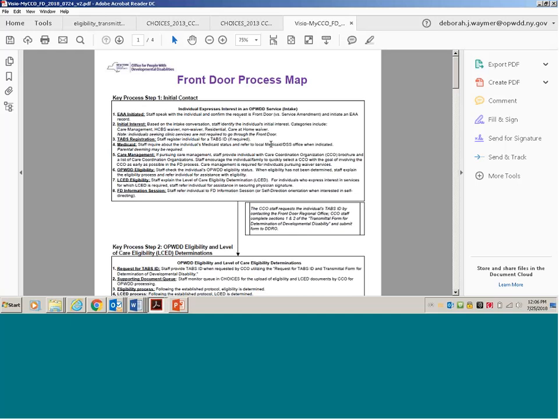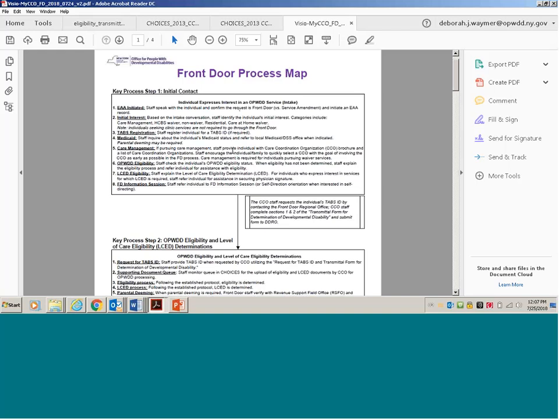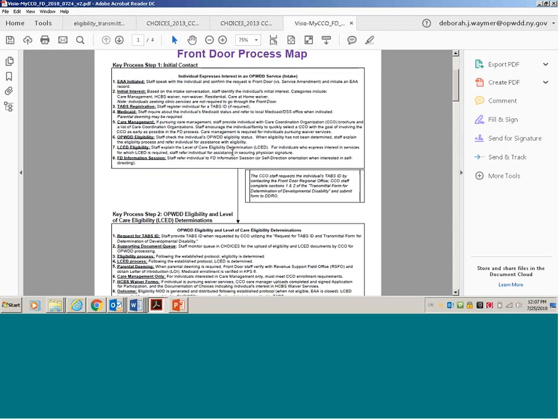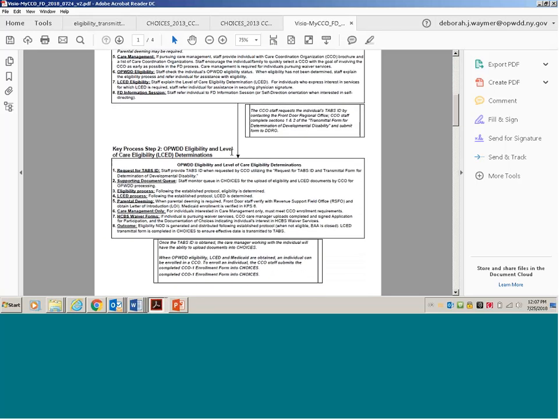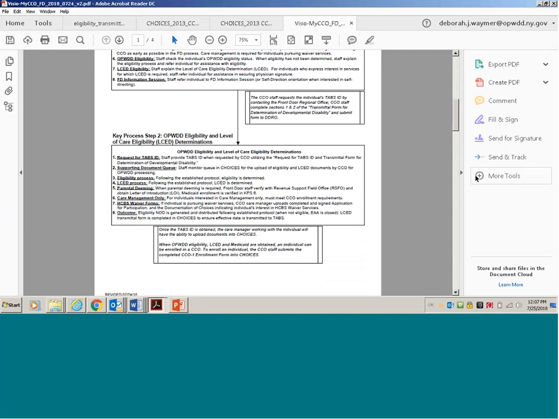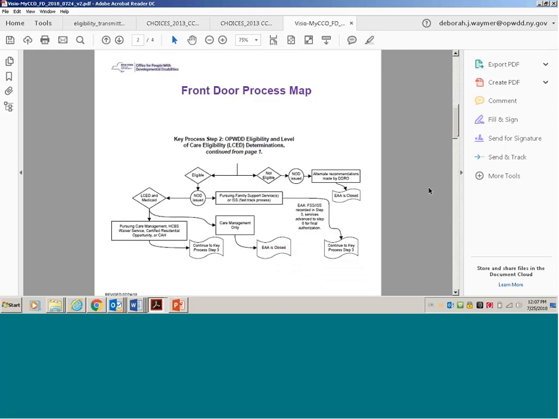As you can see, there are several steps to the front door. There's this initial contact, which is basic information gathering, getting to know you kind of stuff. Then there's the eligibility and level of care determinations, and we'll talk about the roles and the steps involved with determining eligibility and determining the level of care. The next step in the front door is